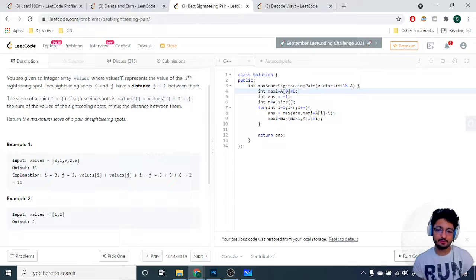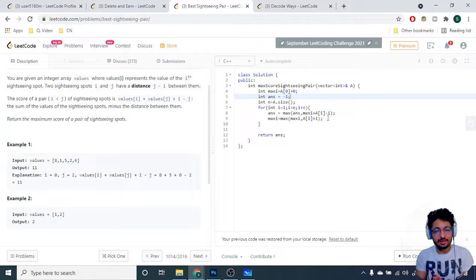The pair sum. Cool. And what I'm doing here is iterating over these pairs from left to right. So I have to maximize my answer, the pair sum. So answer is the maximum of answer and the pair sum. The maximum till now is maxi plus A[j] minus j. Here I'm talking about i, so A[i] minus i. So these two terms are added. Maxi is actually the maximum of A[i] plus i, which I've told you, till that point, and the current element is A[j] minus j. If you add both of these terms, that is the total sightseeing score. I want to maximize this with the answer.